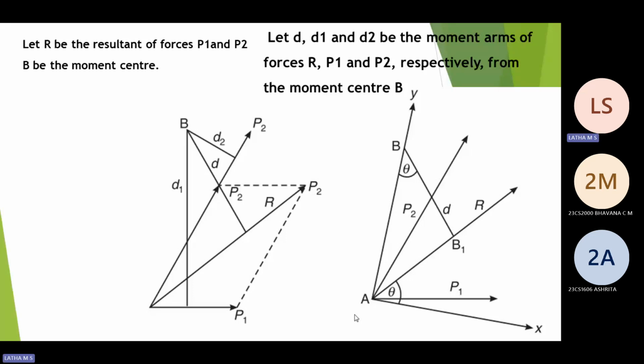So you need not draw the earlier diagram. You have to draw only this diagram in your book. I'll repeat; you can start drawing also. Draw the X and Y axis first. Then draw P1 and P2. Then draw the resultant. Then show that the resultant is at an angle of theta with respect to the X axis. Then represent the perpendicular distance only for the resultant, B and B1, which makes the angle theta by geometry, and this theta remains the same.